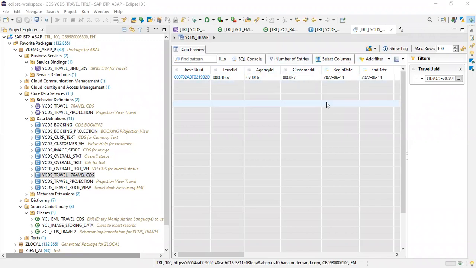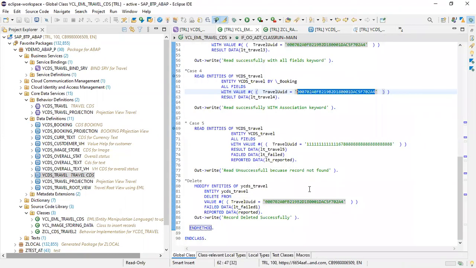I cross-checked the same and I found this record is not deleted. Okay, it is still there in the database. So there is some issue with our statement. So why is our record not deleted? Because